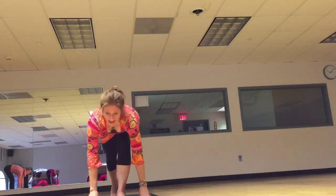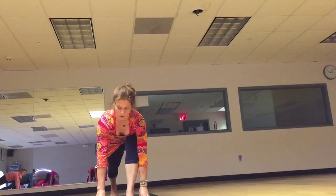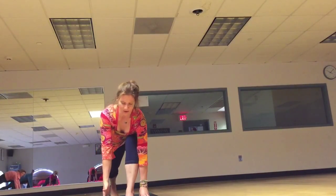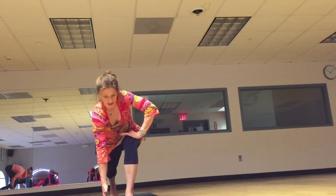Left leg lunges back. We'll start with Parivrtta Parshvakonasana, so revolving our side angle pose. Stay on the ball of your back foot. So right foot forward, left leg back. Good. Left fingertips reach towards the floor, and then take that right hand to right thigh, and as you press